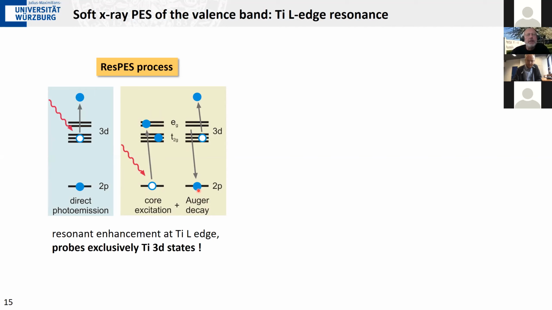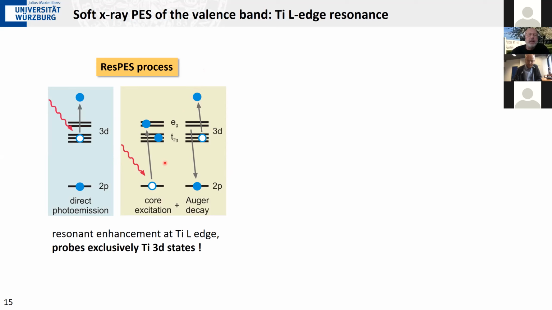But then, of course, the energy has to go someplace and will be transferred via Coulomb interaction. That's a typical interaction mechanism in an Auger decay. It transfers the energy to the other 3d electron, which then gets excited into the vacuum, and the state that you reach here is exactly the same as the one that you create by the direct photoemission process. It's indistinguishable. So if the photon energy is high enough to create this intermediate absorption state,